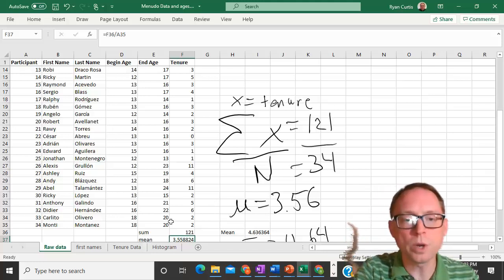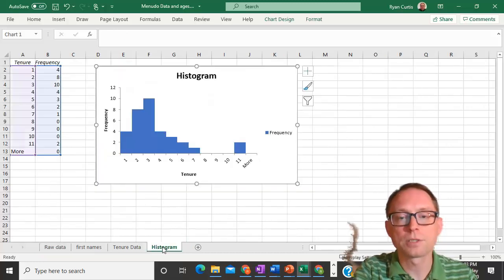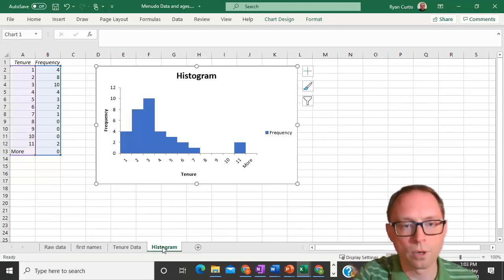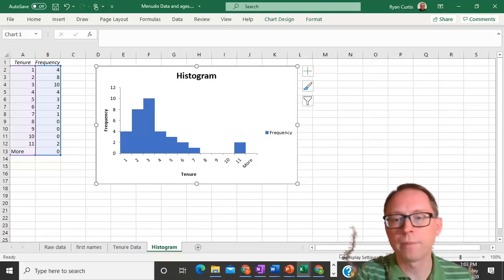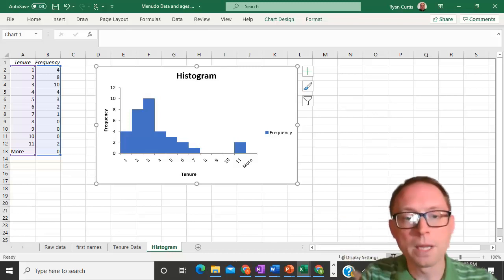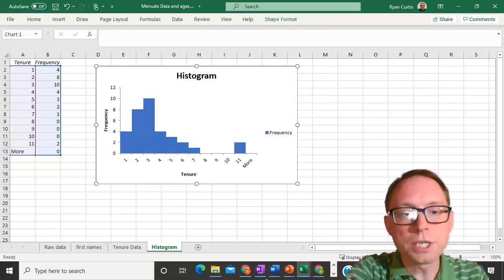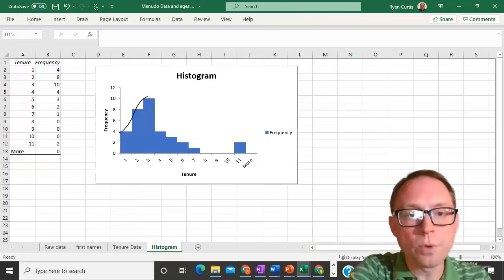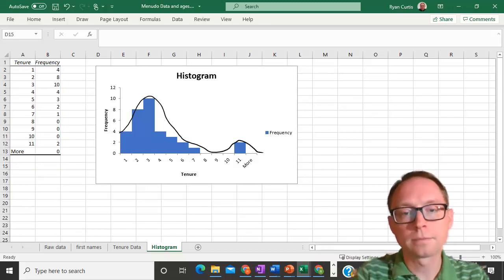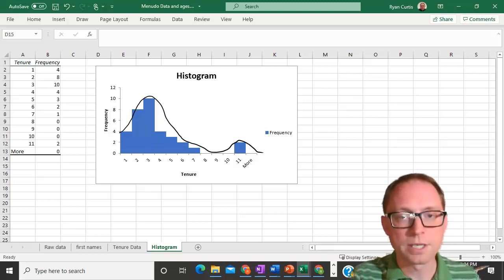Now the easiest way that you can see this is with a histogram. So let's take a look at the histogram. This is the histogram of the stuff we were looking at before. This is the histogram of the tenure of people in menudo, right? How many years they stayed in menudo. If you see this histogram, it's pretty easy if we wanted to create a curve. It would look like that. If we wanted to create a curve over it, it would look like that, essentially.